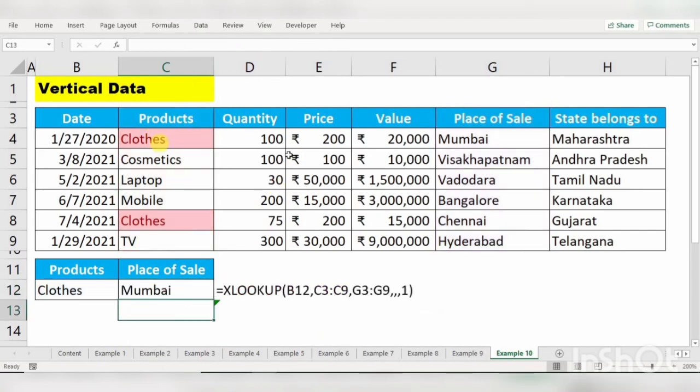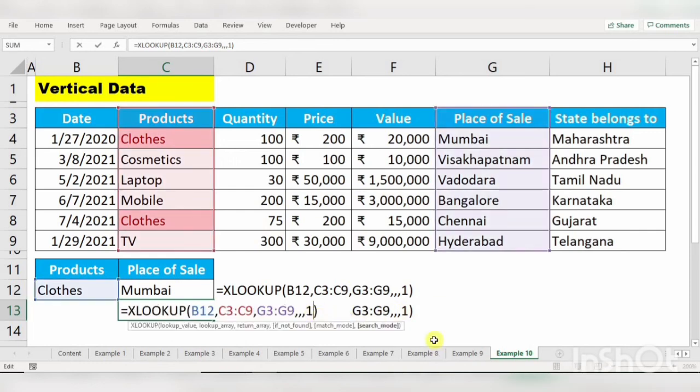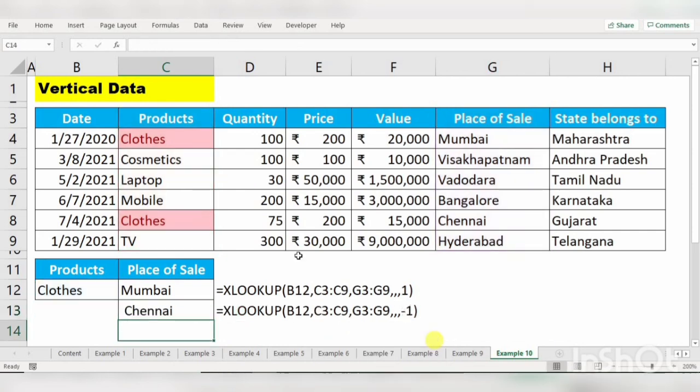It will give a result of clothes Mumbai. Now the same formula I am copying and pasting here. Now here in the last, instead of first to last, I am going to search from last to first, -1. Now you can see the result, I will get Chennai. So the last to first is Chennai. Here you can search your data as per your requirement.